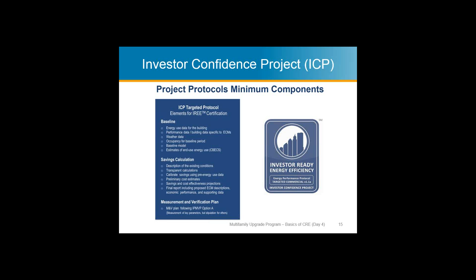That means that the project is being undertaken and methodologies have been followed that meet the universally accepted ICP protocol. And so it's following ASHRAE guidelines, or it's following IPMVP guidelines, and it's a known quantity that doesn't have to be second guessed. And you can see that it breaks down into the categories that we're all familiar with: